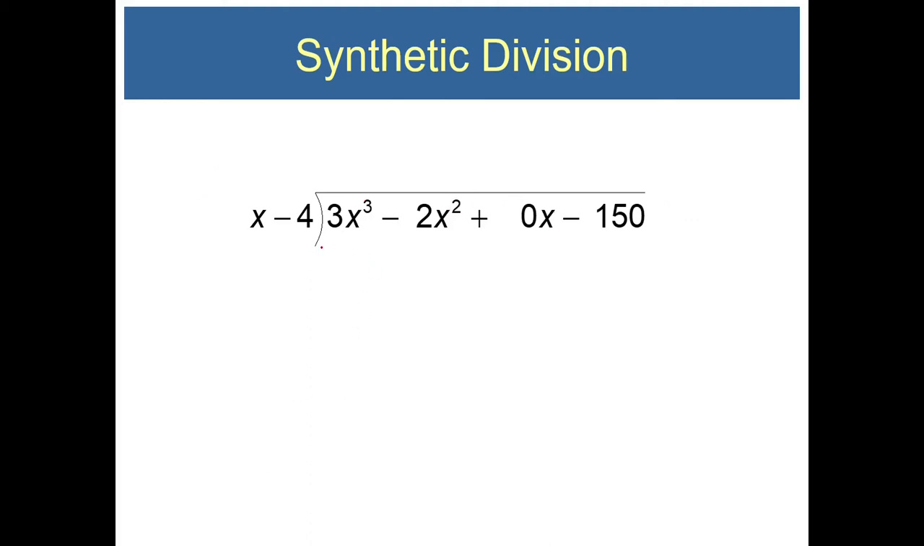So let's try the problem. We're going to divide x minus 4 into 3x cubed. I want to figure out what I need to multiply by x to make 3x cubed. And that's going to be 3x squared. I need to multiply 3x squared by x to give me the 3x cubed. Then we're going to multiply that to our divisor. 3x squared times x minus 4 gives us